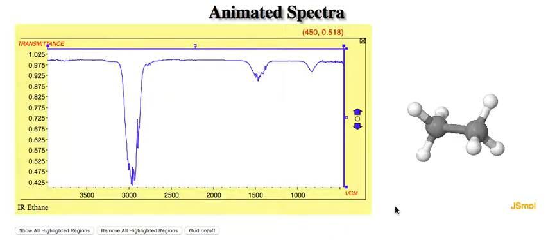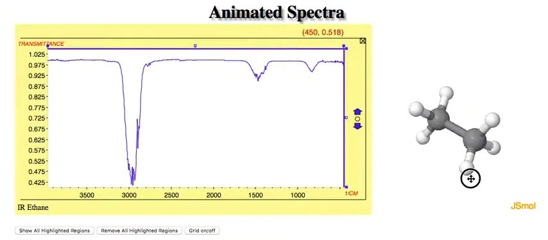So this video has a number of infrared spectra where we're going to go through some of the details that go along with this. This one here is ethane, and all that we've got here are C's and some CH's. So over here, if we were to click over in this region, we've got these peaks over here,